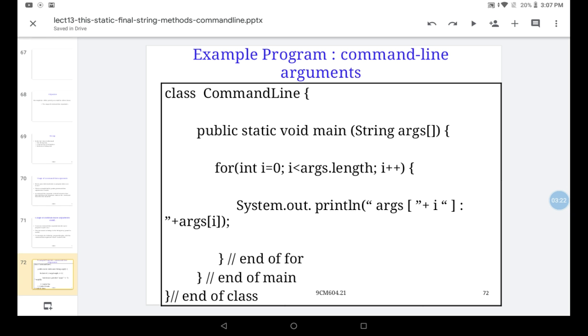System.out.println of arguments[i]. So arguments[0], arguments[1], arguments[2]: the first element in the string array, the second element, the third element, and so on. However many elements it has, that many elements we print.